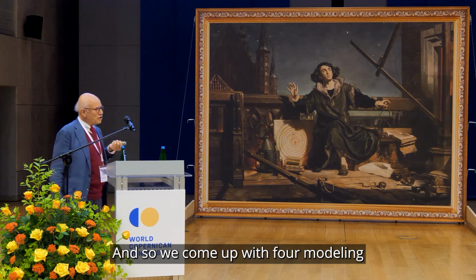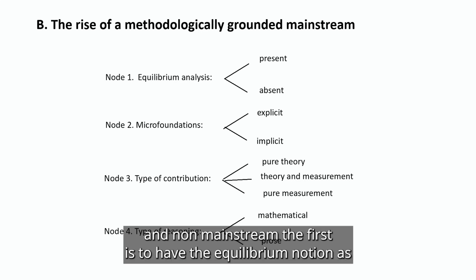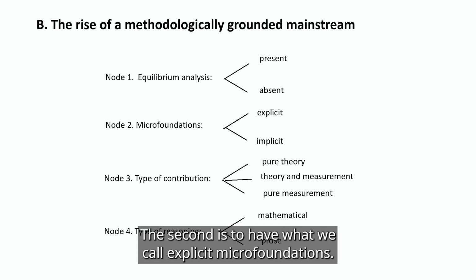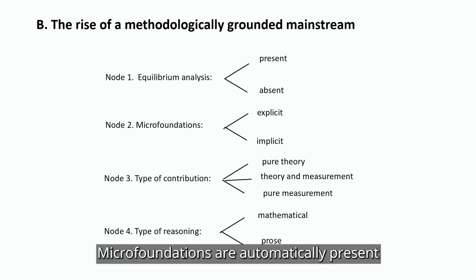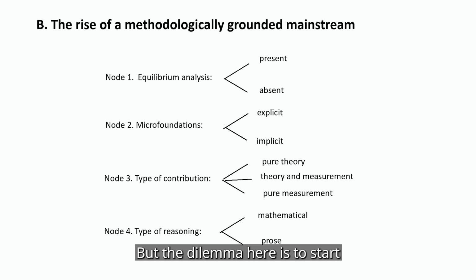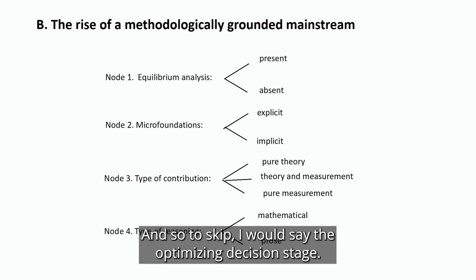And so we come out with 4 modeling choices, which we believe mark the frontier between mainstream and non-mainstream. The first is to have the equilibrium notion as the cornerstone of the theoretical analysis. The second is to have what we call explicit microfoundations. Microfoundations are automatically present in neoclassical theory because it is based on the idea of choice, but the dilemma here is to start the analysis from supply and demand functions, and so to skip, I would say, the